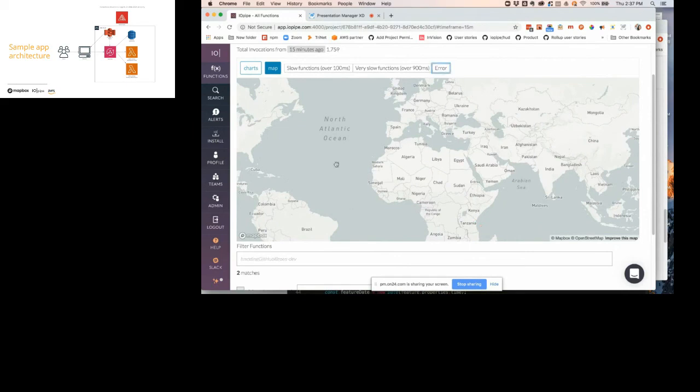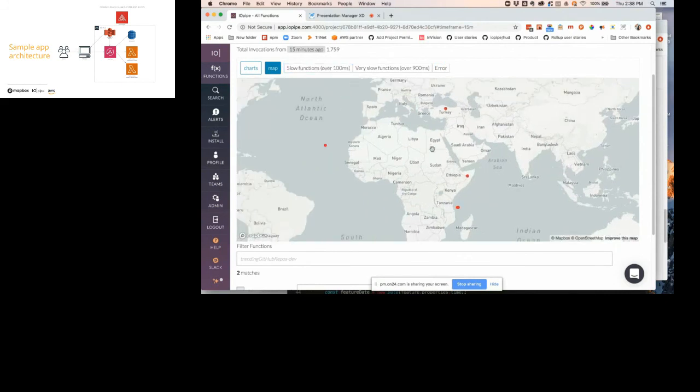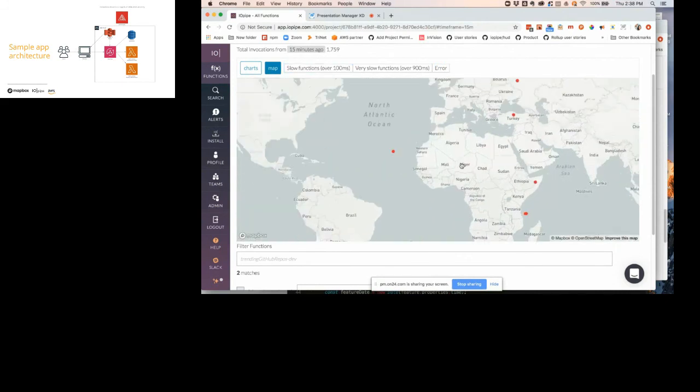And I'm in good shape on errors. But being able to see something just pop up there, being able to see new invocations come in on a map, is a different dimension compared to our usual charts, which I can show.